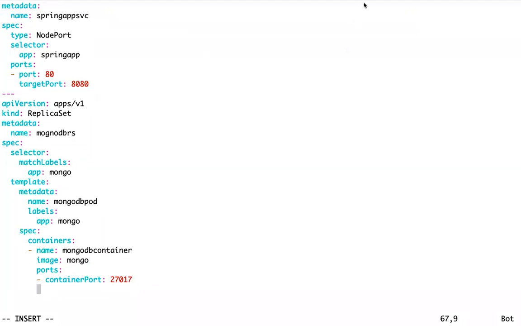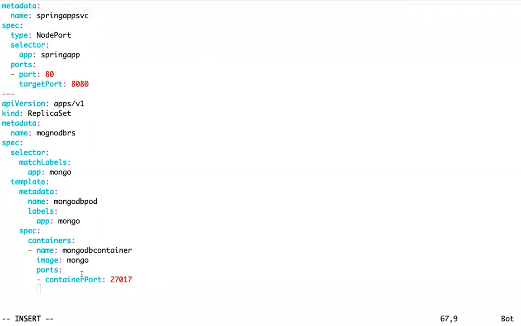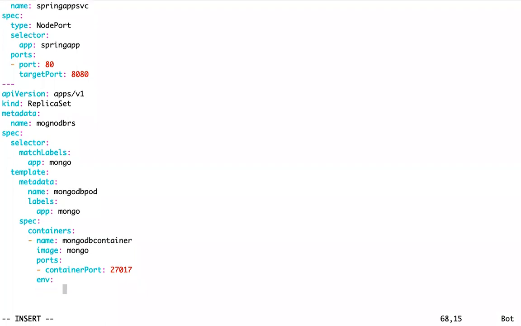Then while running a database as a container, we have to secure this database with username and password. How are we passing the username and password for this database? We use environment variables. But what are the environment variables we can use?